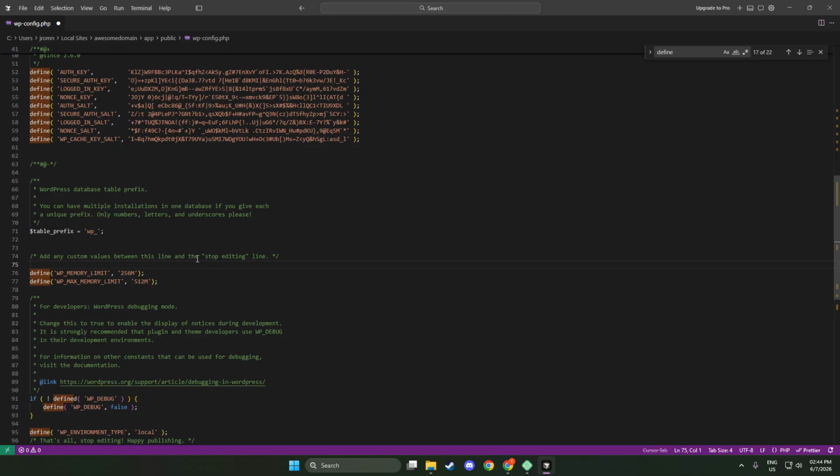If you still see the timeout, at least you've ruled out one of the most common WordPress-related causes, and you can continue troubleshooting from there. One important note is that some hosting providers enforce their own memory caps at the server level. So even if you add these values to wp-config.php, the server may not allow WordPress to use the full amount.